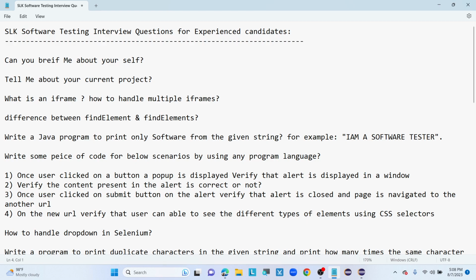So once this question got completed, he will ask you about the current project. Tell me about your current project. So you can explain him theoretically initially, so after that you can convert them into automation point of view also. So I have implemented these many reusable methods, I have executed these many jobs from the Jenkins. Okay, so likewise you can explain about your current project, and also he will ask you about the project folder